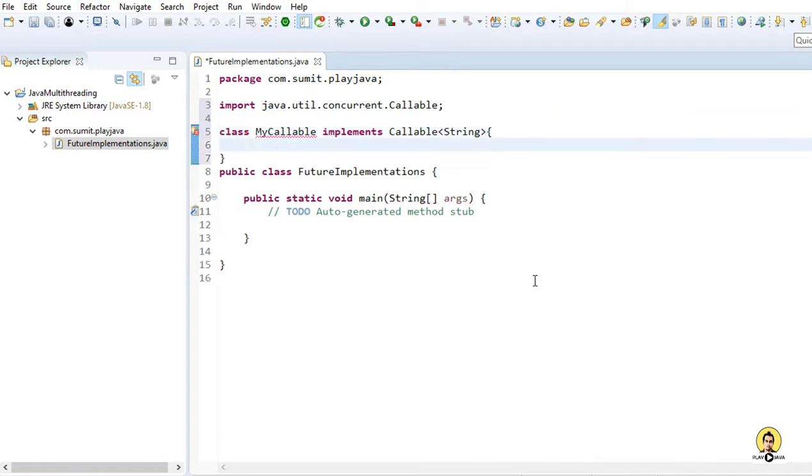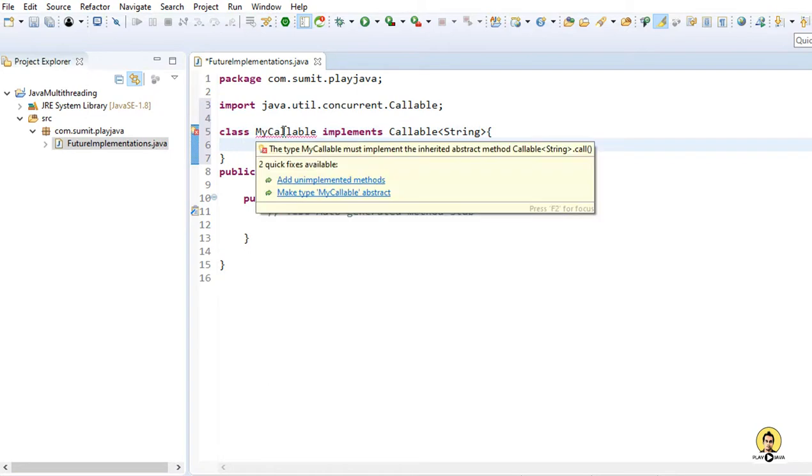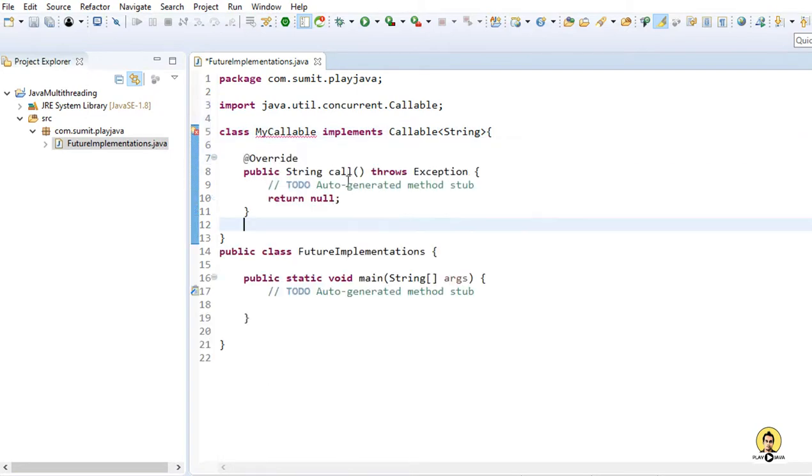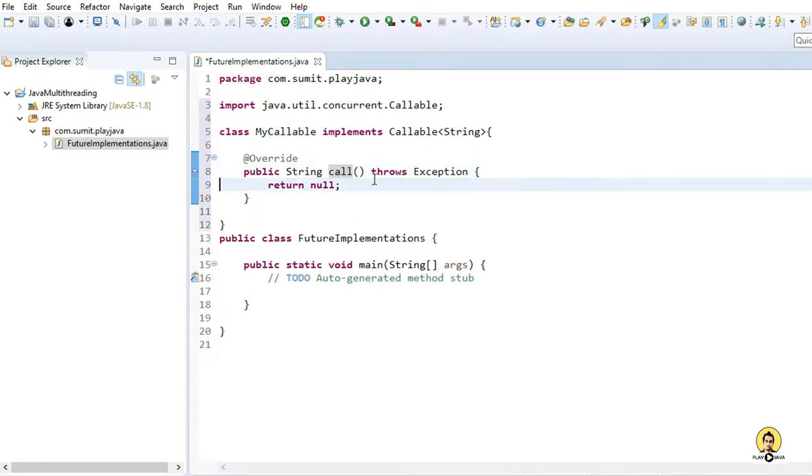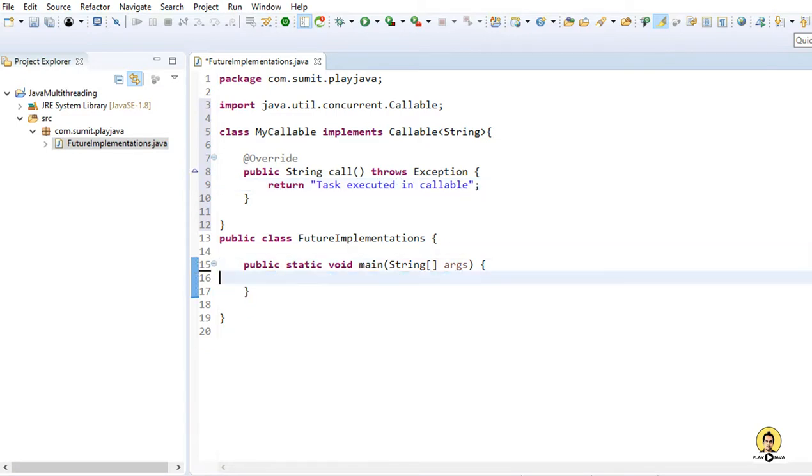So here in the callable implementation I will have the method call, which returns a string, and I will return the string "task executed in callable".